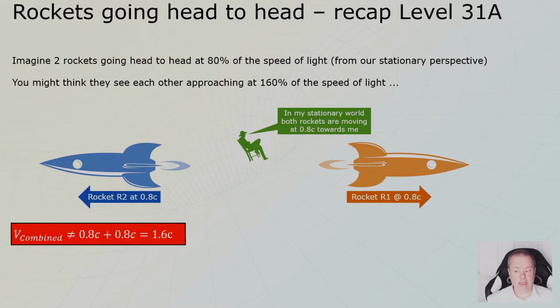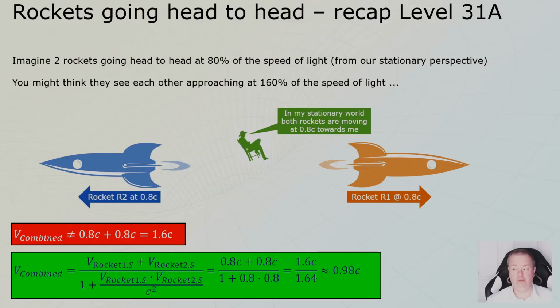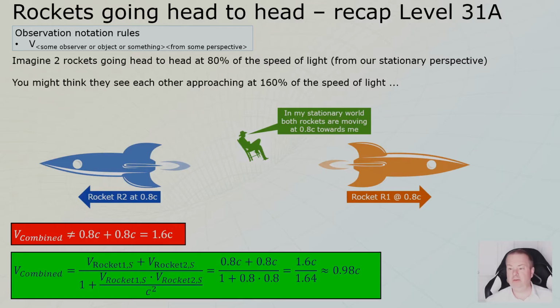And then in the A level I told you, this is the right equation. To be able to read it, you need to know my notation. I always do it like this: V, the velocity of something, comma, from some perspective. So the velocity between the rockets, from the perspective of one of the rockets, is the velocity of rocket 1 from the stationary perspective, the S for stationary, plus the velocity of the other rocket from the stationary perspective, divided, and this is where the equation goes different, by 1 plus the product of those velocities divided by